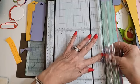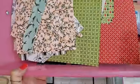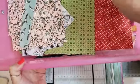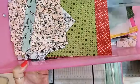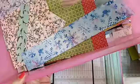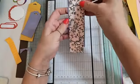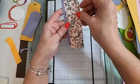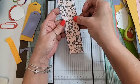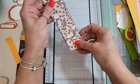Let me show you something else quickly. So we've also got one of these, which is a scrap drawer for scrap pieces of DSP, right? So let's have a look at this piece here. Okay, so another great thing. So we've just cut a tag down. Now this, if you look at this, is just the ideal size. Look at that. So if we cut this down to...